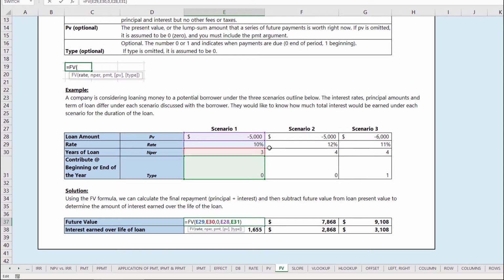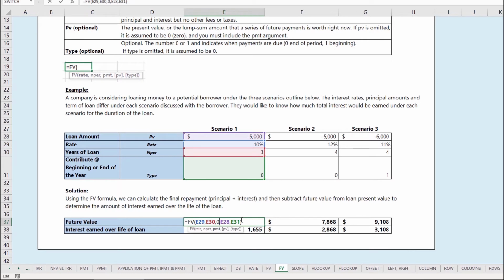So let's do that in row 37. We know that the rate is 10%, so we're going to put that into the formula. The number of periods is 3. The payment is 0 in this case. There's no indication that there's going to be a repayment over the life of the loan. It looks like in this case it will just be repaid at the end of the loan. So we're going to put in a 0 for the payment. The present value is the initial loan amount, so $5,000. And for type, we're going to reference cell E31, so 0, because payments are made at the end of the